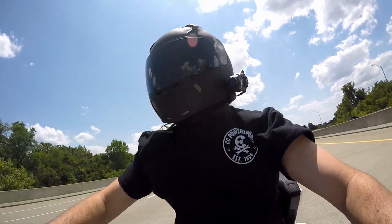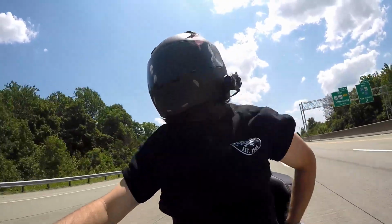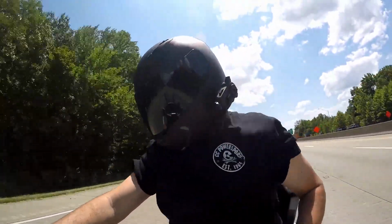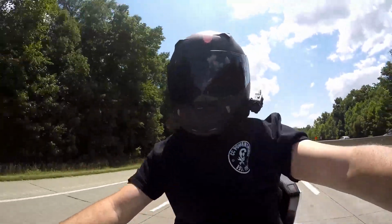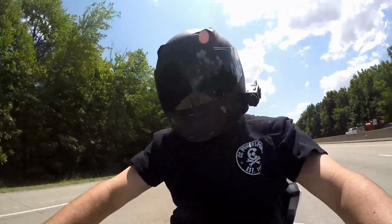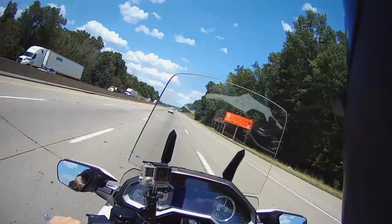So that's something else that we'll notice when I get on the red one and cruise around on it. It's got a little more wind protection. I noticed it's got some bigger fairings around the side and stuff like that. It might keep some of that awkwardness from happening for me. I don't tuck in my t-shirt like an older man, so